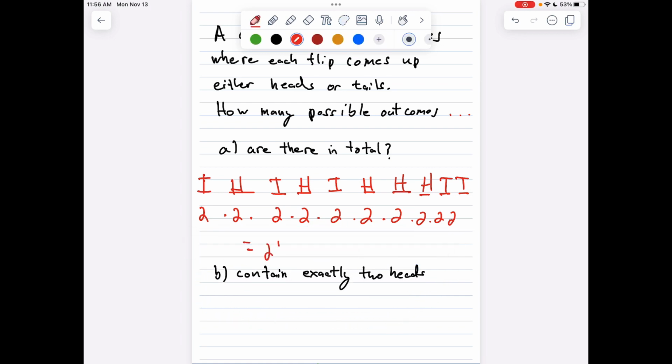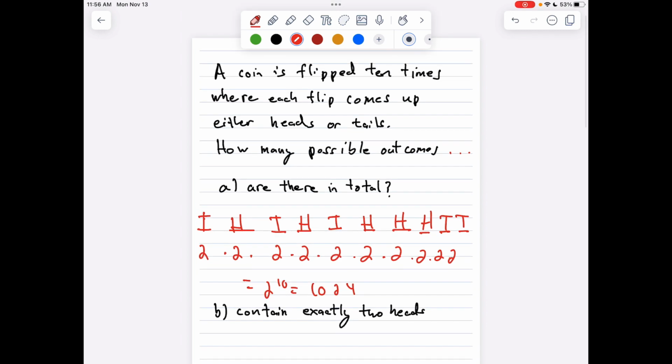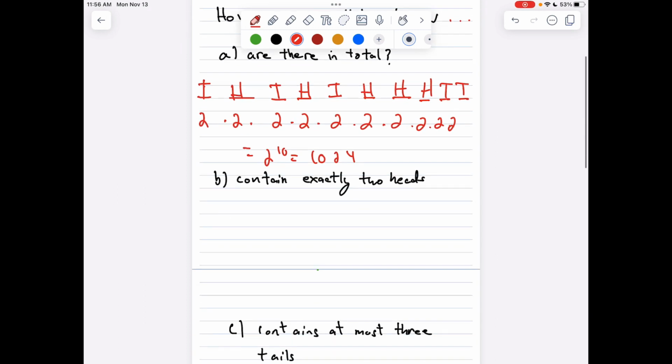got that down. The next question is, again, we're going to flip a coin 10 times, and there are 1,024 outcomes total. And what we're asking for part B is how many of those 1,024 outcomes contain two heads? Okay, well,